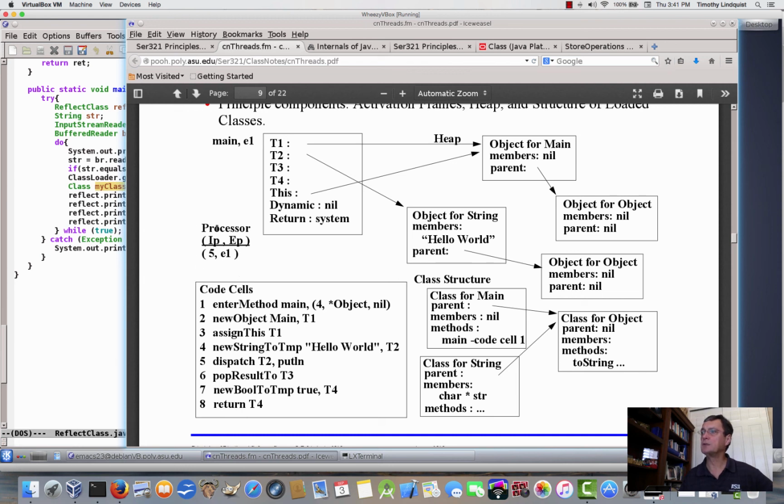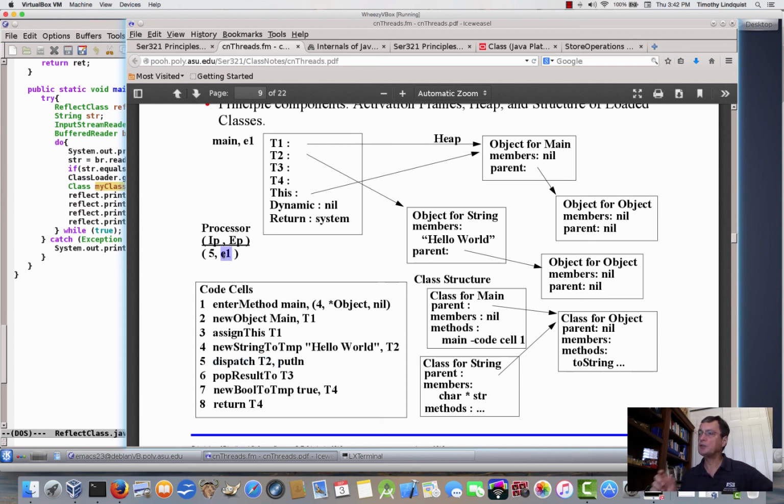So the other thing I haven't mentioned yet is this thing called a processor, and it's the thing that ties us to the next section and the next unit, and that is the notion of threading. So the processor is a virtualization of a machine that's able to execute instructions. And the processor has two different components. It has an environment component, which you can consider to be its data, and it also has an instruction pointer. So if you took CST 250, then in fact you looked at machine organization. And in machine organization, I'm sure you talked about a program counter. Well, this is the logical equivalent of a program counter for a high-level language. So the IP is an instruction pointer, which is pointing to one of these code cells. So the IP, the instruction pointer, has a value of 5. It's referring to, this is actually a call, dispatch T2 put line. All right,